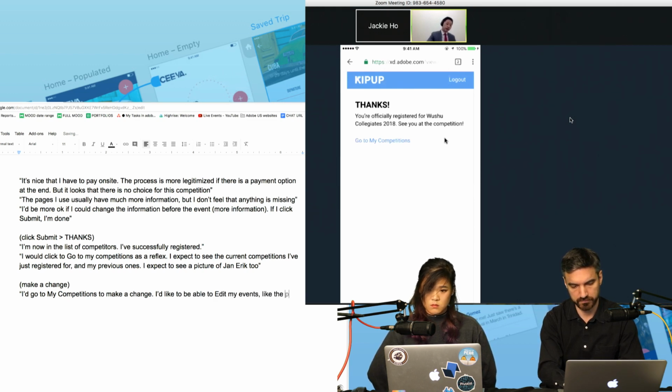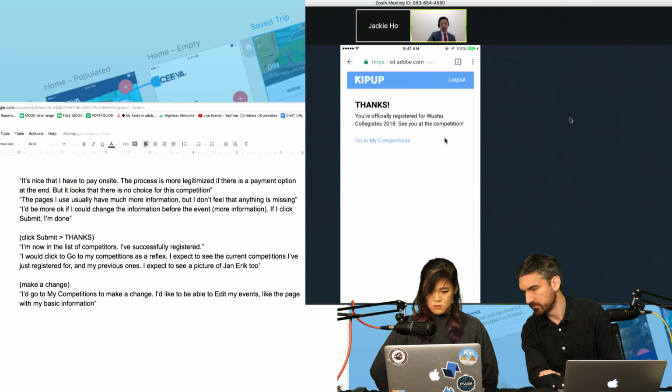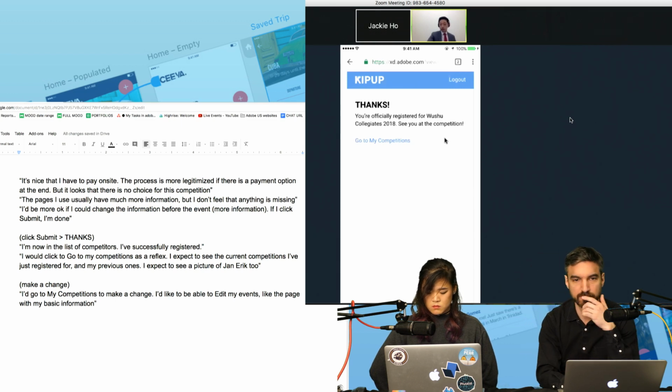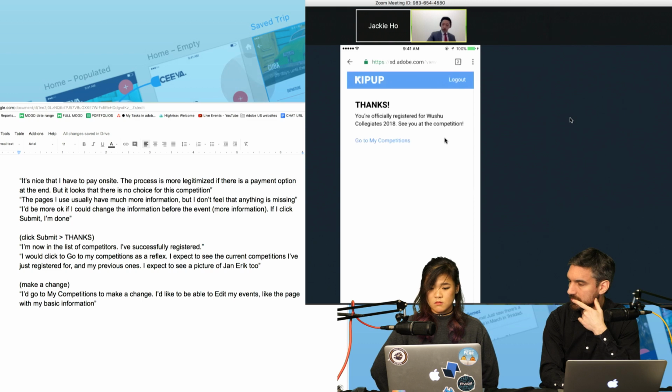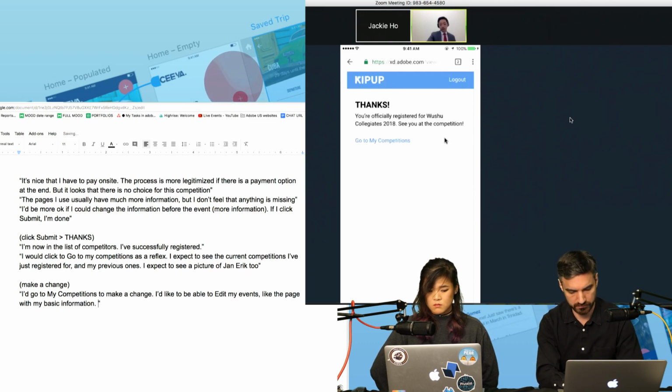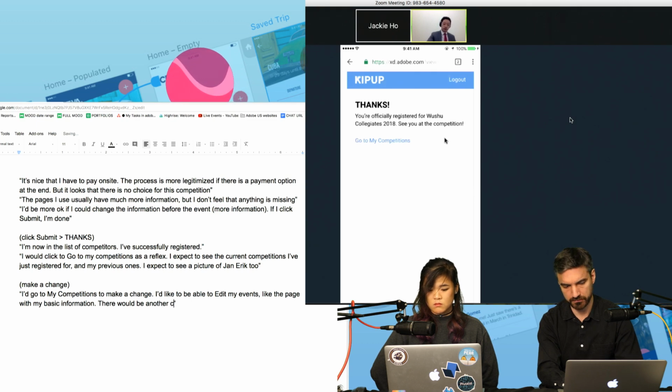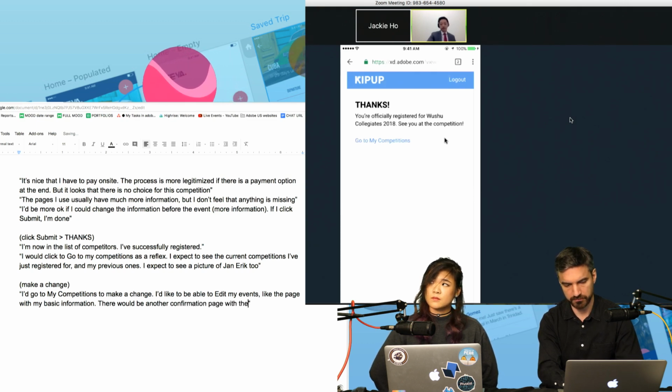There'd probably be an X on the events I already have registered that I can exit, and then I could add new events, and the price would probably change accordingly. And it'd probably notify me. If I took out straight sword, there'd probably be a confirmation page that says confirm that you want to drop straight sword, and now your registration payment amount is $60. Gotcha.